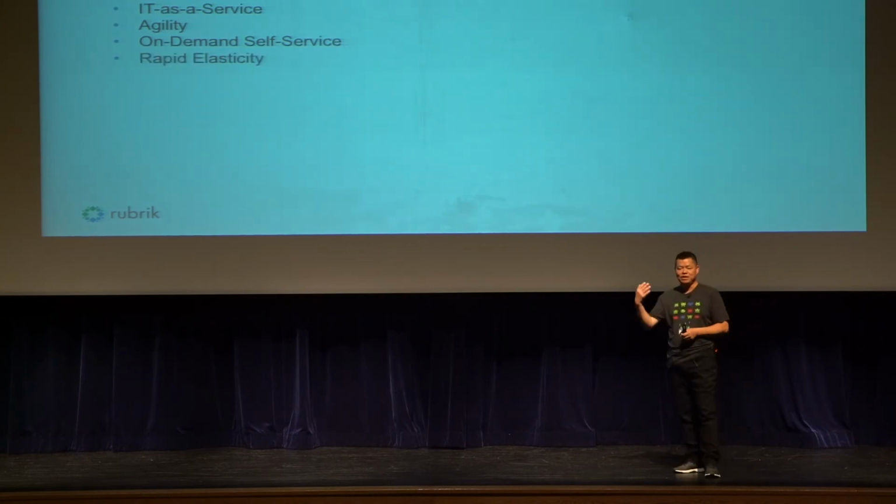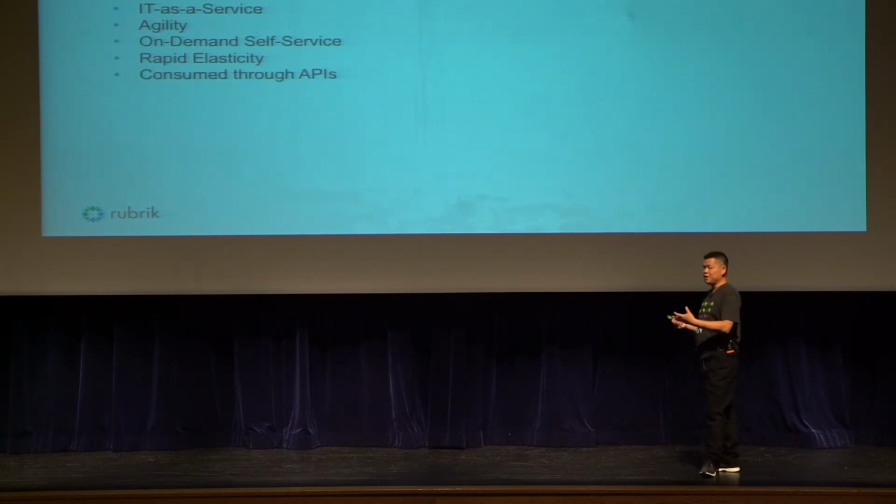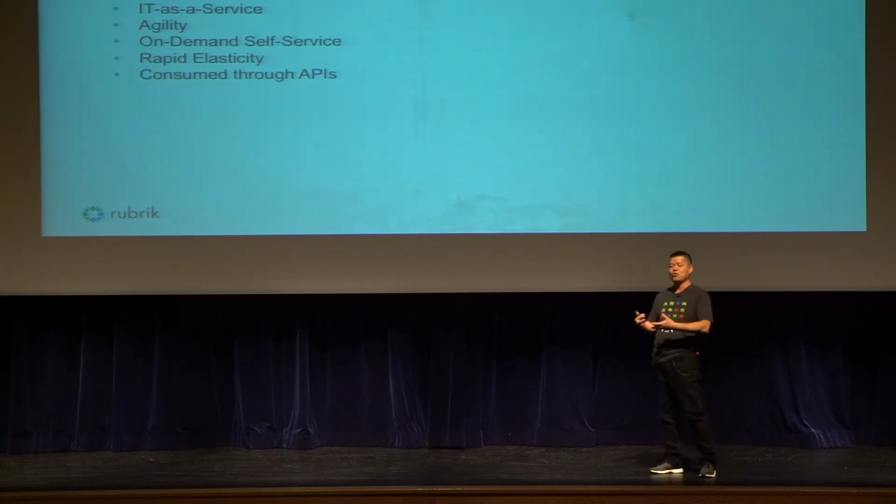And they want to be able to scale up and down. If I need 5 VMs today, then 100 VMs an hour later, and then 5 VMs back tomorrow, I want that all done for me automatically. I don't want to have to worry about that. And they want to be able to consume it, especially if you're a developer, through your API. You don't want to have to configure hardware.